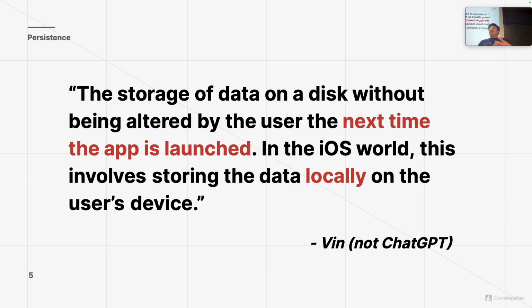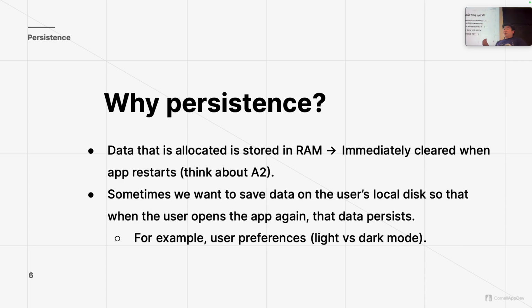And when you did edit that screen and you ran that app again, you saw that a lot of the data that you edited disappeared somehow. So this is because of data persistence. A lot of the data that we have in our iOS apps is non-persistent, meaning that the data is allocated on RAM, or random access memory, so it's stored in memory. Therefore, every single time you refresh or restart the app, everything is immediately cleared from that memory, so you won't be able to save anything from your iOS app. So that's the situation with A2.